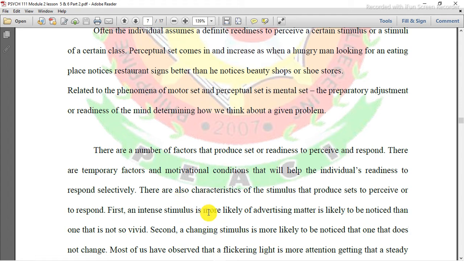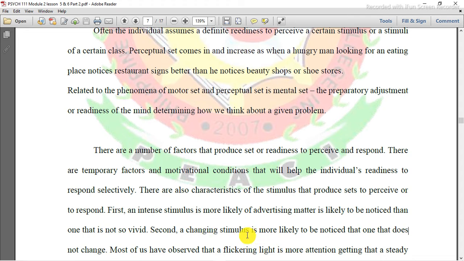First, an intense stimulus, such as in advertising matters, is more likely to be noticed than one that is not vivid. So yung mangyayari daw dyan, no? Meron ka talagang manonotice na stimuli or pangyayari sa paligid mo, pag na-sense mo yan. Second, changing stimuli is more likely to be noticed. So ito yung mga factors, kumbaga characteristics ng stimuli na napapansin natin. Okay? So isa dyan, mas manonotice daw natin yung intense na stimuli. Kung may ingay dyan, yung pinakamalakas na ingay, yan yung naririnig natin. Yan yung napupush natin, nabibigyan natin ng attention.